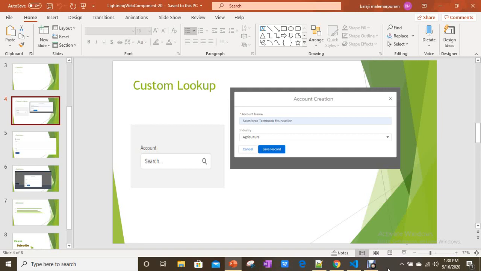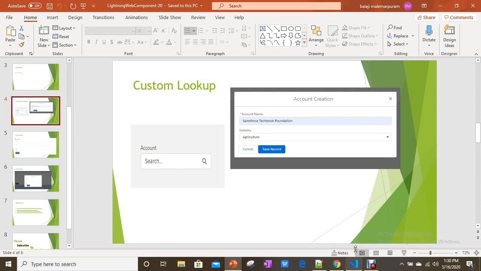We have the functionality to create a new record or to search the existing records in standard lookups. But you only have to go with the custom lookup when there is no possibility to utilize standard lookups or Lightning Data Service with the base components, or whenever you have a lot of criteria. Whenever there is no possibility to use standard lookups or Lightning Data Service base components, then only you have to create a custom lookup. Then how can you implement it?